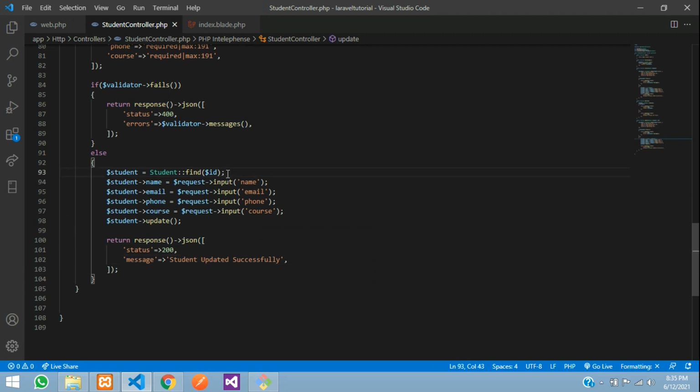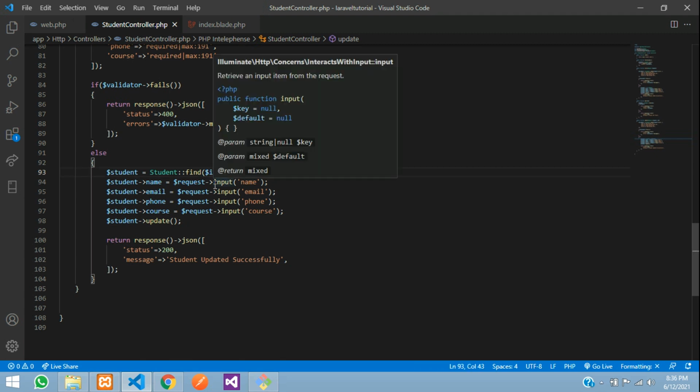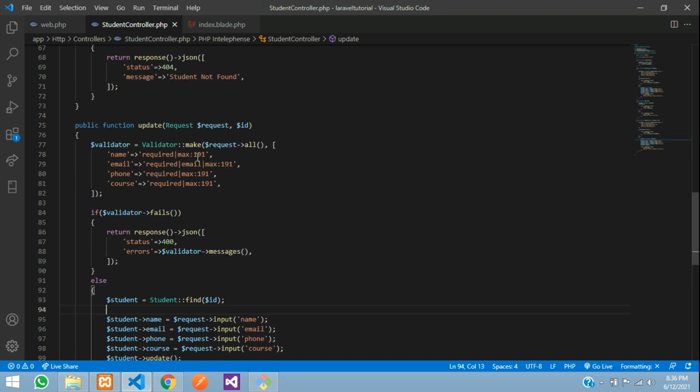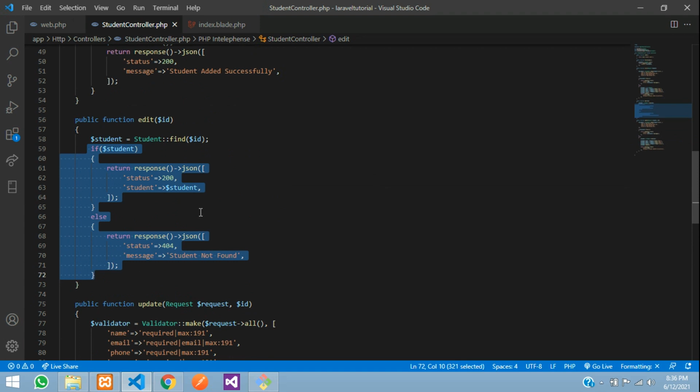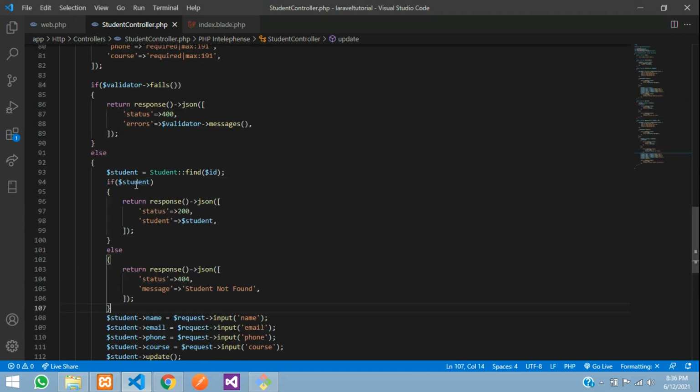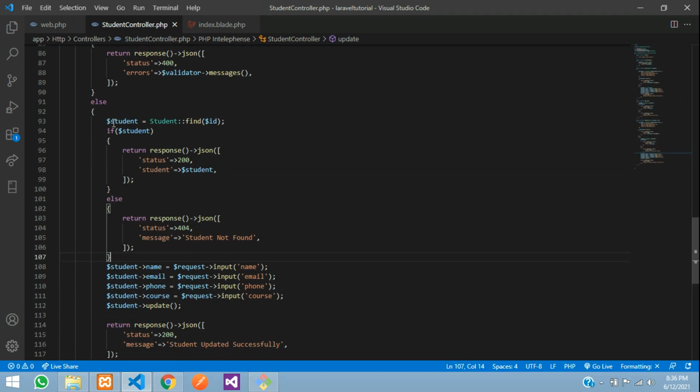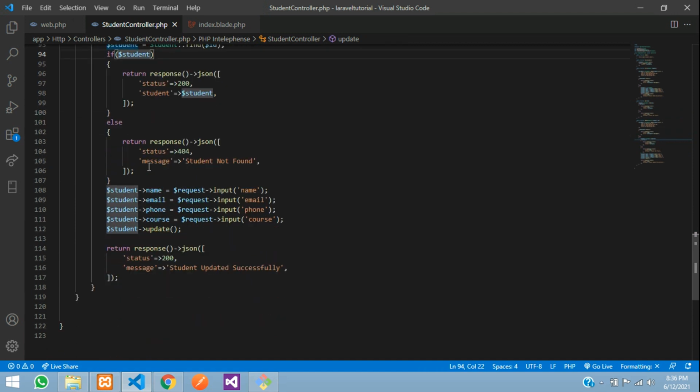So before that, you can just change the condition over here, because this is finding the ID. What in case of a wrong ID, when you send a wrong ID over here? So for that, let's move to this edit thing. Let me just copy this and paste. If the student ID is found, then you will be inside this.